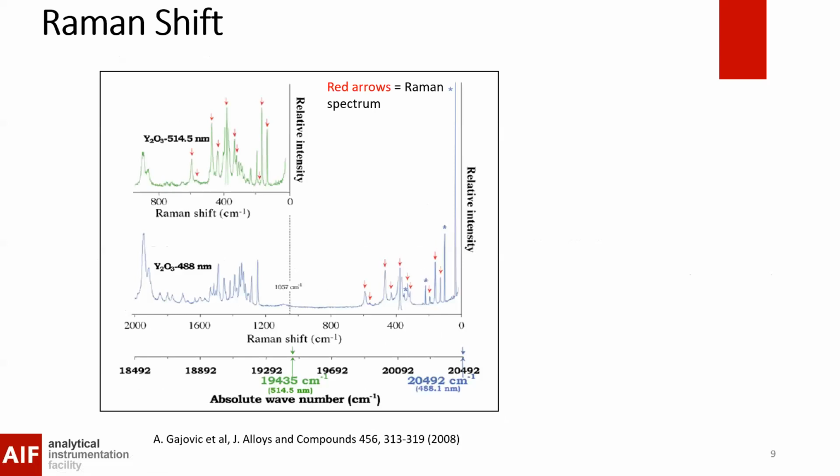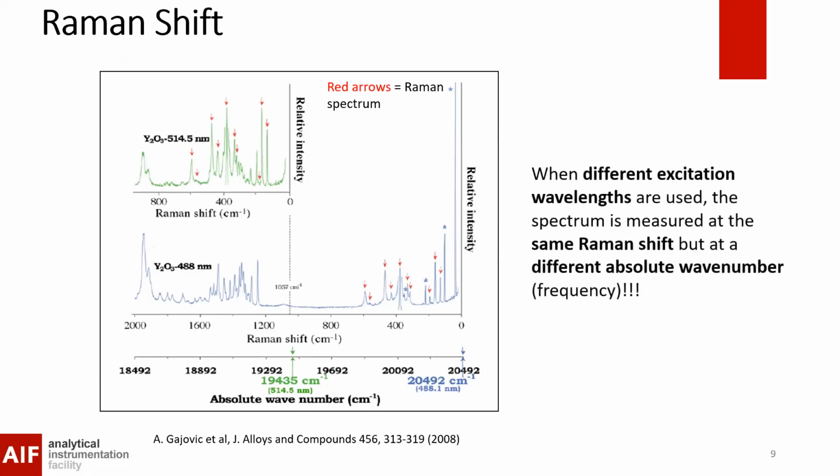So the good thing about using Raman shift is that it simplifies the spectrum when different excitation energies are used. In this example, the sample is excited by both 488 nanometer and 540 nanometer lasers. The red arrow shows the Raman spectrum, and the Raman shift is the same, but the absolute wave numbers are different. So no matter what